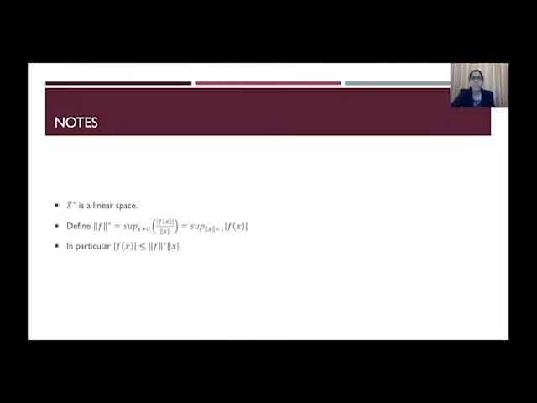So just verify whether the space is linear and whether the defined function forms a norm or not. It is a very easy proof. And remember this inequality also, because we are going to use it in the proofs of various theorems which we will be doing later on. So |f(x)| is less than or equal to norm star f times norm x.